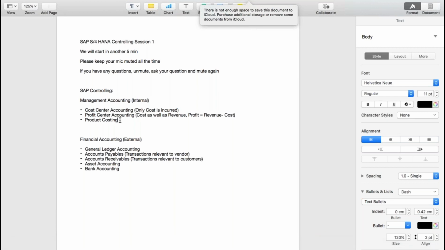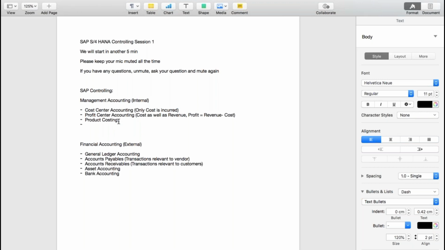So this is a topic which we need to understand in detail. We need to understand how the product is costed, how the standard price is updated in the material master, and what the difference is between the standard price and the moving average price. So there are a lot of things. Most of the time in this course, we are going to focus on product costing itself.